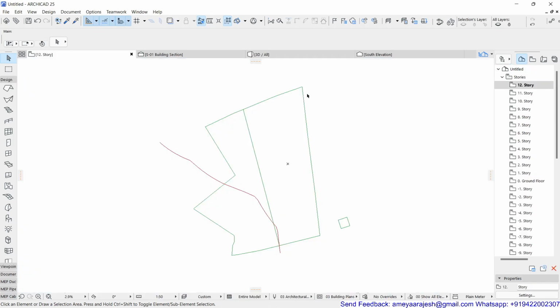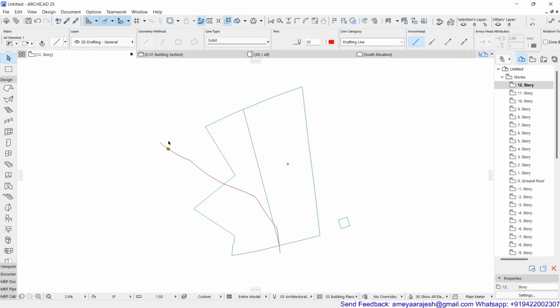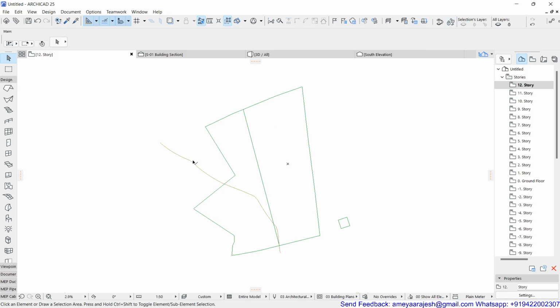Now let's develop the site and then trace out these contours which we have recently recovered or designed, what I can say. So prior to that, I'll just try to switch off this 2D contour line and also the 3D one also, correct? Now this is the site boundary which I am trying to target to design these contours. Again, remember, the more precise you are for the location, the better the end product will be.